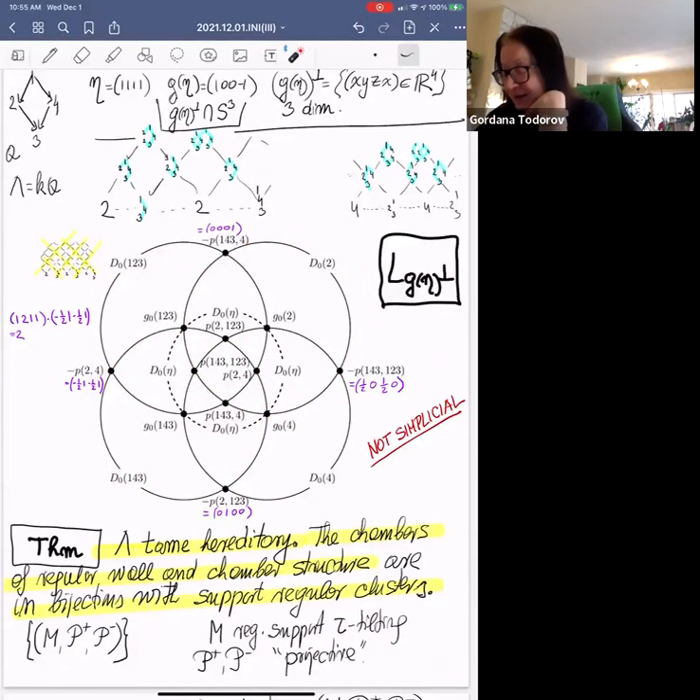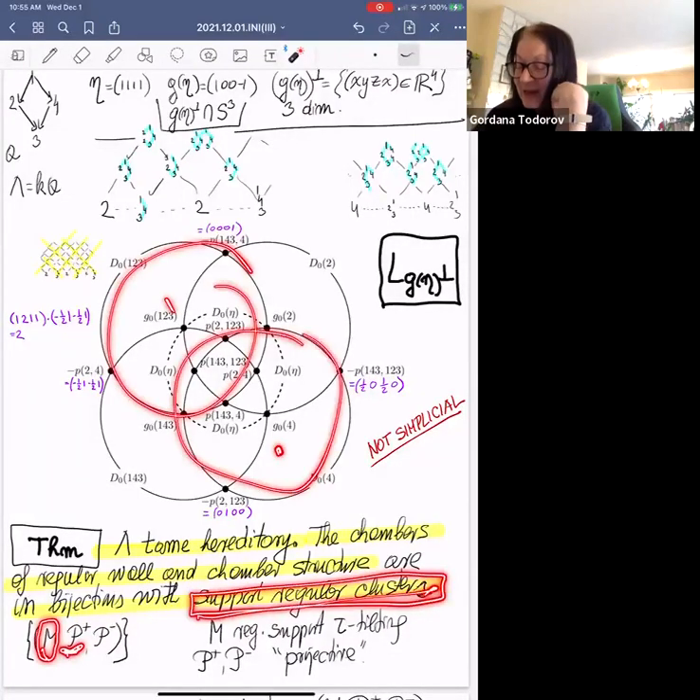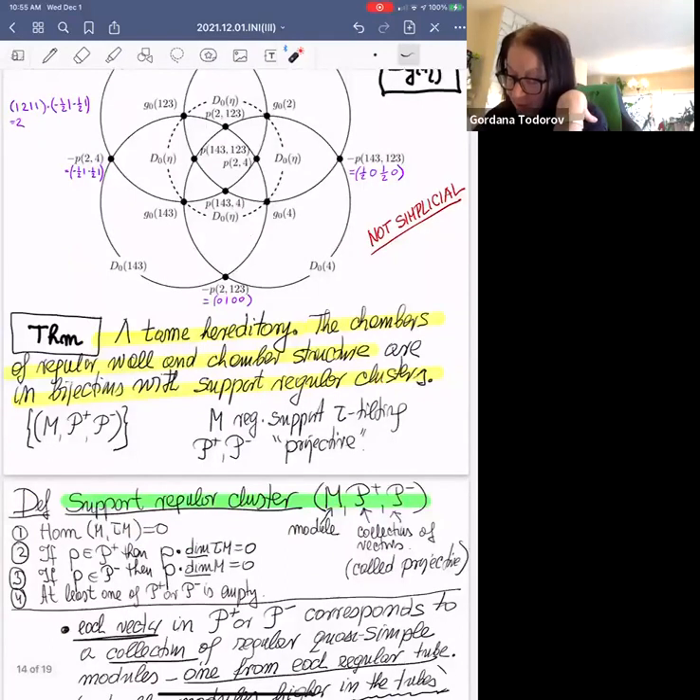So now back to support regular clusters. A support regular cluster will have something which is tau regular, and then it will have these interesting projectives, which we call projectives though they're not projectives, but they're pairs of projectives in associated Nakayama algebras. And one of them, P plus, corresponds to P that does not map to tau M, so it still belongs to the tau tilting part. The other P corresponds to P which doesn't map to dim M,